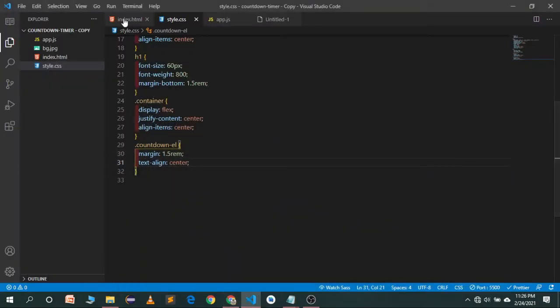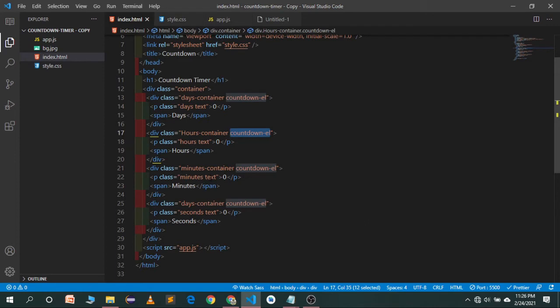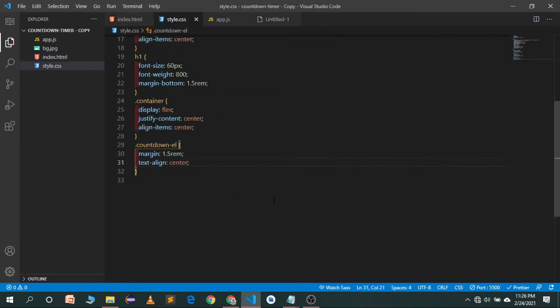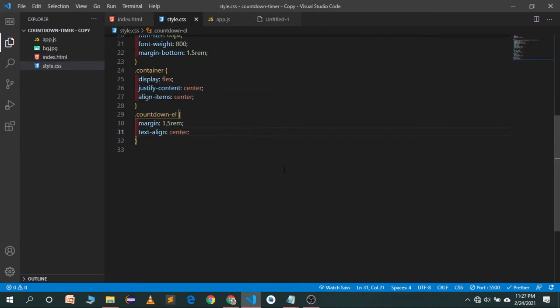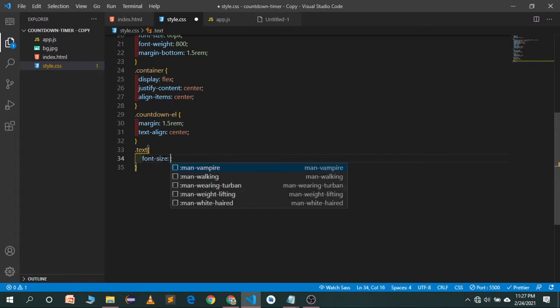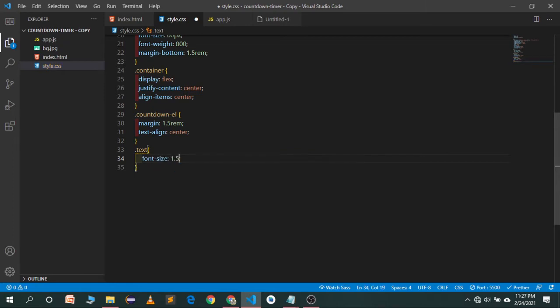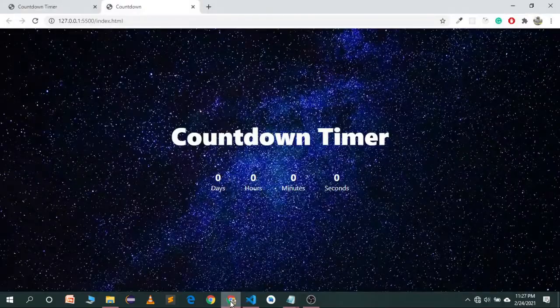So let's target the text because we want to increase our font size of these 0 values. So text, I will give it a font size of 1.5 rem. Font weight will be bold. Let's save it and see how it is looking.